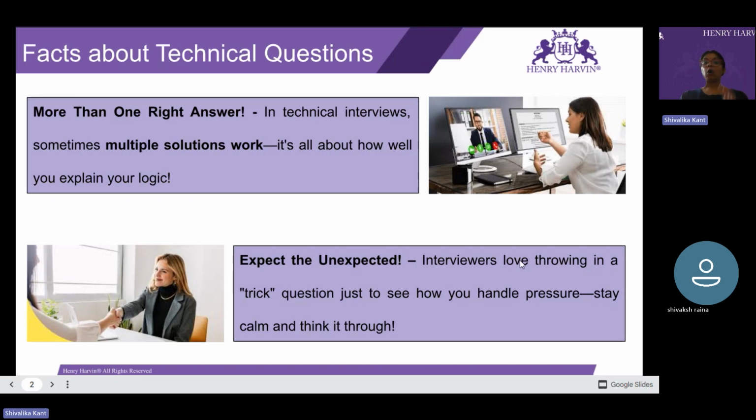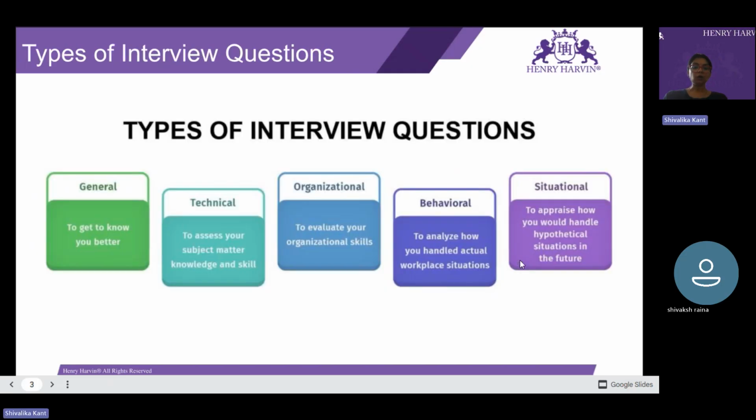It is a very common interview round in industries such as IT, engineering, finance, data science, consulting, research, and product development.